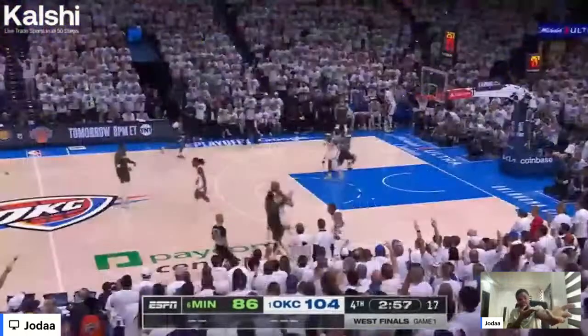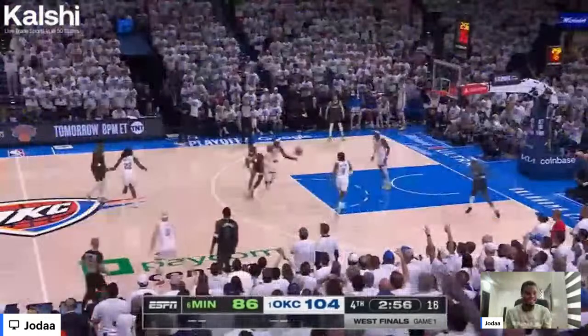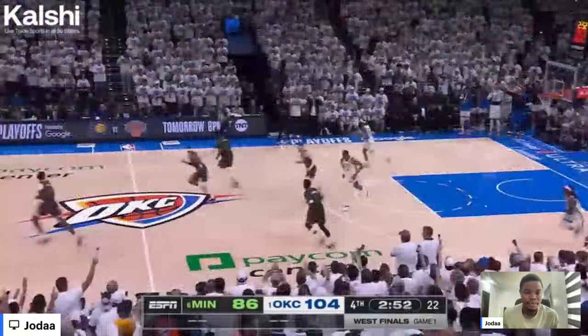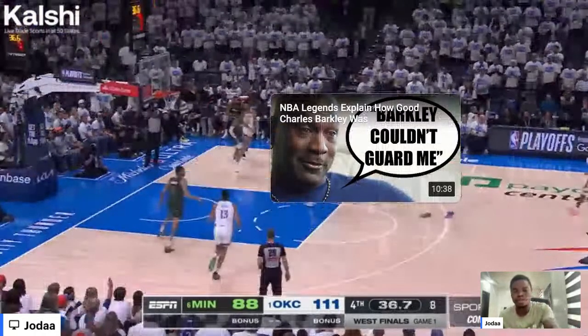18-point lead with 3 minutes to play. Stolen by Dort. Saves it to Williams. To win if you're the road team. 35-6 during the regular season. 5-1 in the playoffs. The one loss Doris just mentioned. One against Denver. Williams tonight